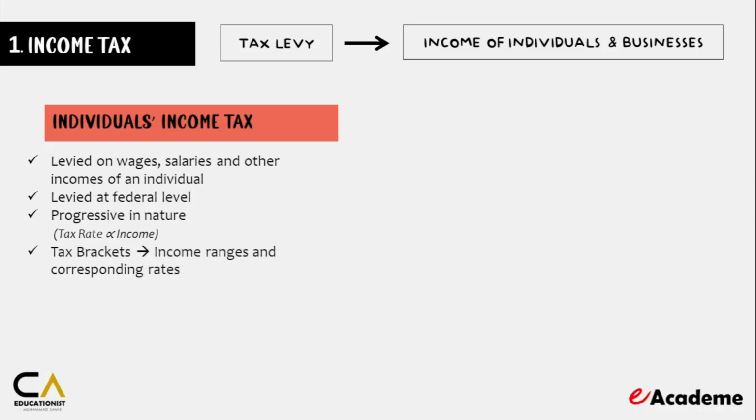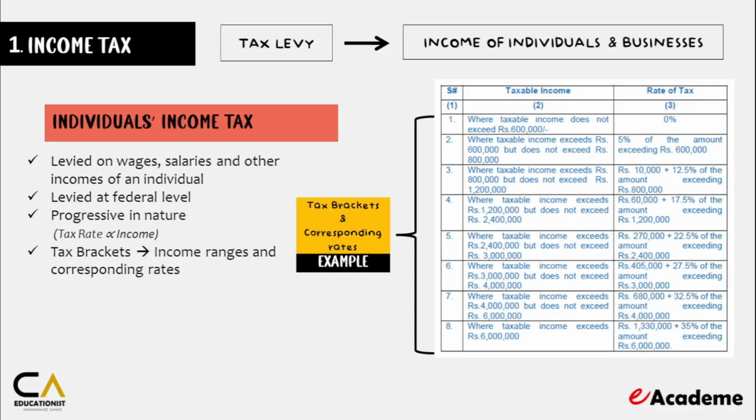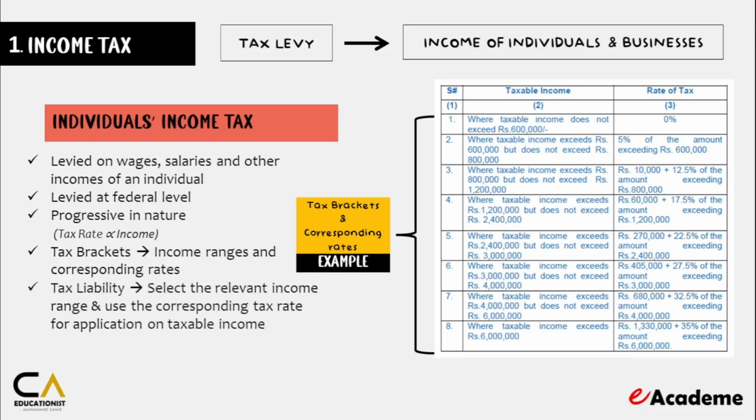The income ranges against which the tax rates are progressively allocated for selection of relevant tax rates are called tax brackets or tax slabs. Once the taxable income is computed, the relevant tax bracket must be identified from the schedule of tax brackets and the corresponding tax rate must be selected for computation of tax liability. Tax brackets and corresponding tax rates are usually revised each year. However, it is not necessary as the federal government may resort to carry forward the previous year's tax brackets and rates to the next year.